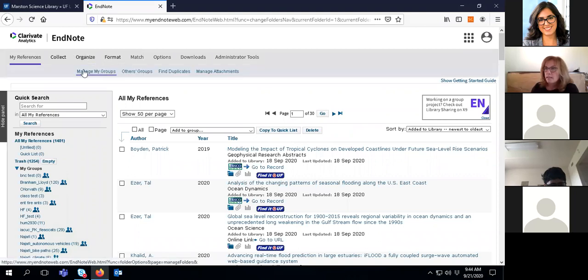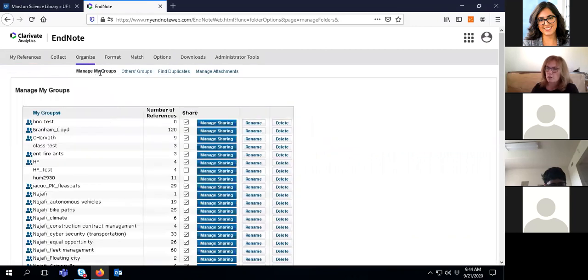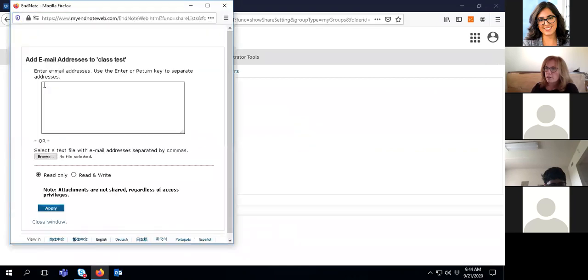Organize. So Organize is where you can share your folders with other people. You just go to Manage My Groups. Remember, folders are also called groups. You find all of your groups, you click on Share, click on Manage Sharing, Start Sharing This Group. Here you need to know the address of the person you want to share with, and you need their EndNote email, because then it syncs your folder with theirs. You can give them read-write access, hit Apply,